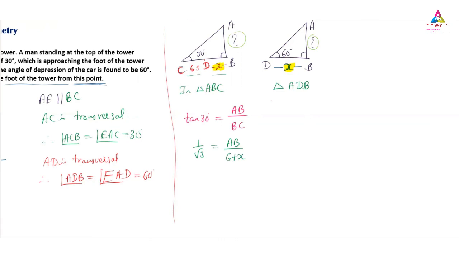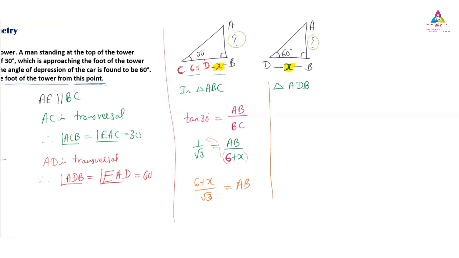Clear? Here I am taking that 6 only as a length. Actually it is a time, 6 seconds, but I am taking it as a length. Why am I taking it as length? Because time and distance are directly proportional, because it is a uniform speed. Whenever you have uniform speed, you can take time also in the equation, because at the end we have to find the time required for the car to reach from D position to B position. They have not given the length for us. So here we can make a correction. I will take this on the right hand side. So it will be 6 plus X divided by root 3 equals AB. What I did is, this 6 plus X I have taken to the left hand side.